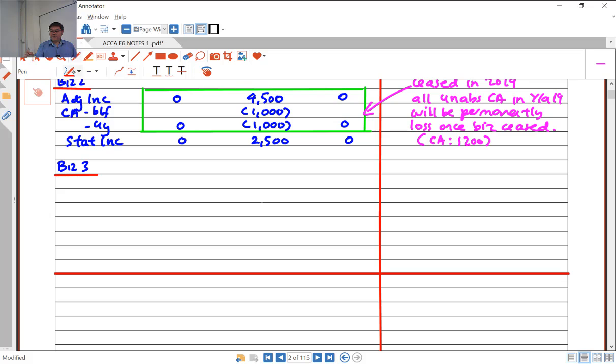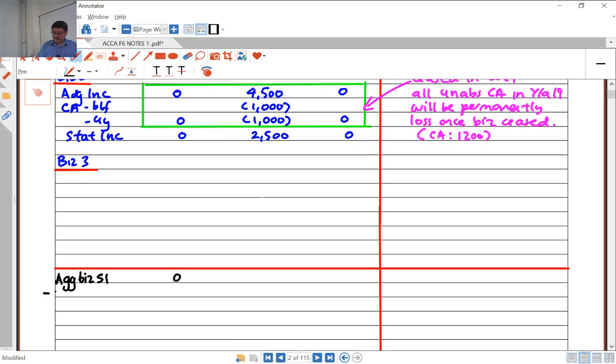Now, what you now have is the aggregate business SI. Correct? You now have the aggregate business SI. So for year 1, it's 0, because it's all 0. Correct? 0, 0, so it's 0. The purpose of this is to minus off the unabsorbed business loss brought forward. Okay, purpose is to claim unabsorbed business loss brought forward. Now, and after you claim the unabsorbed business loss,